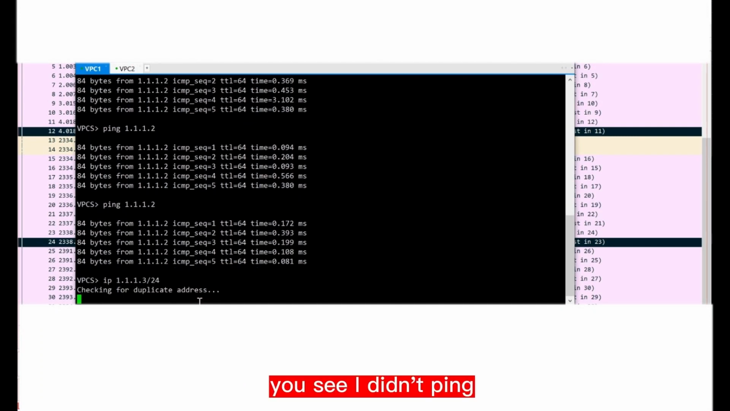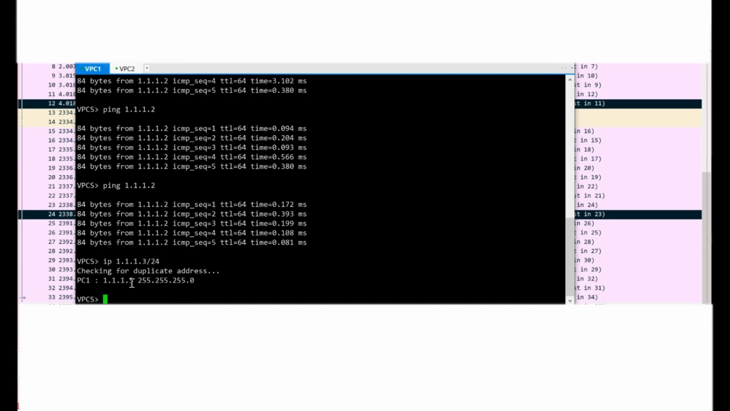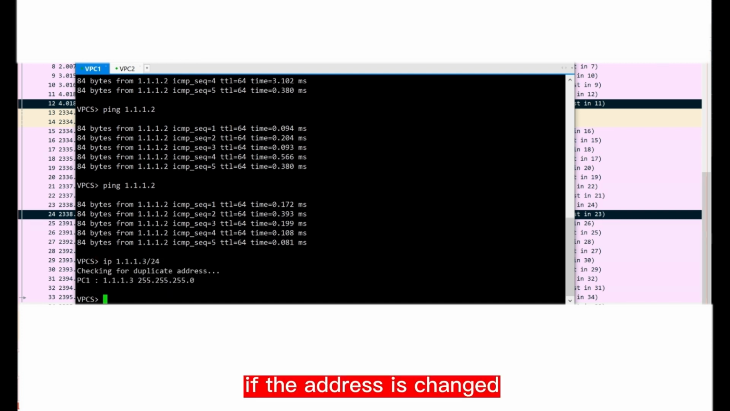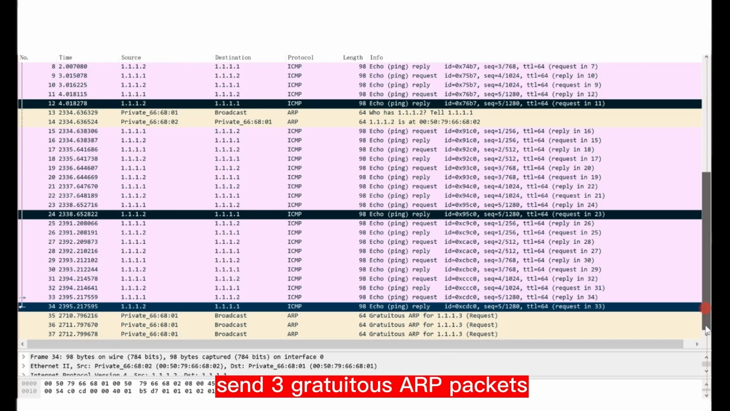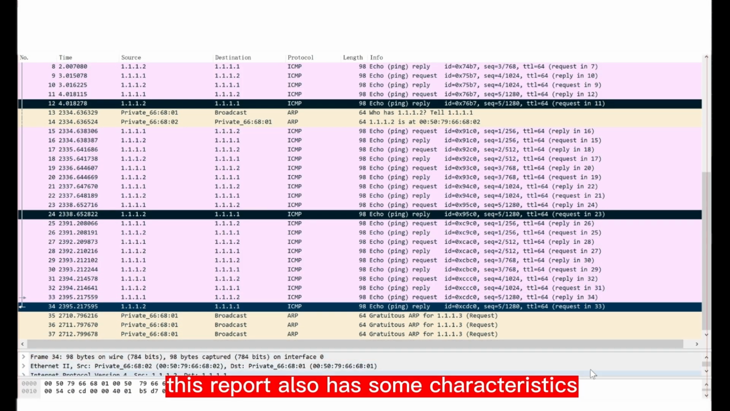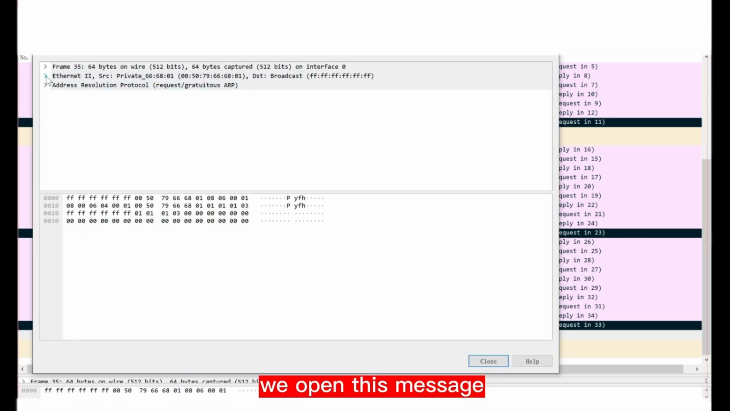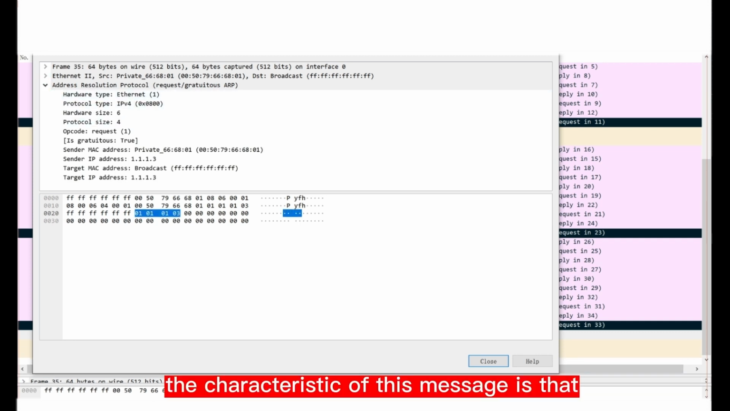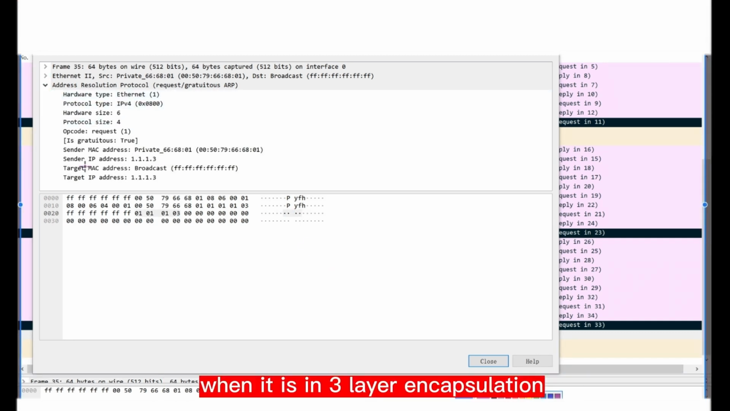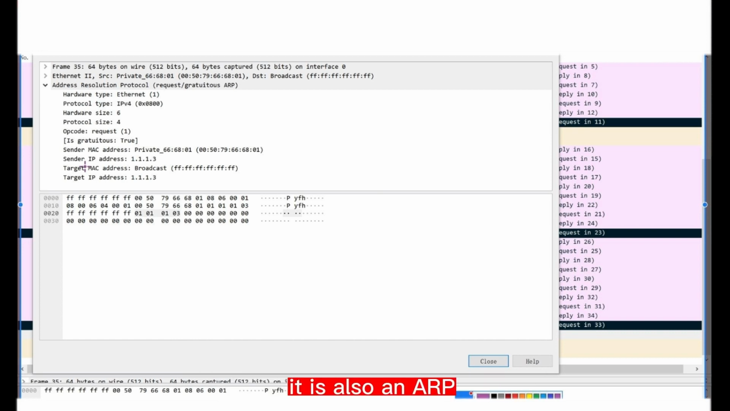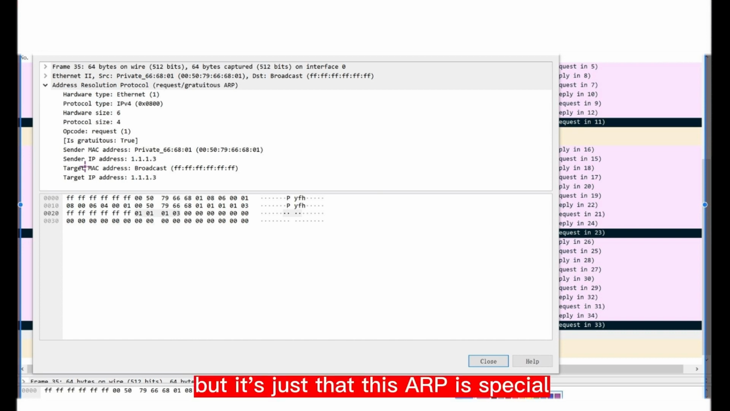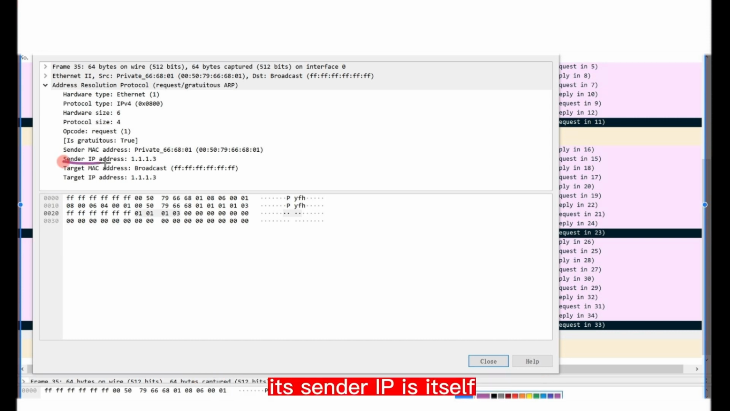You see I didn't ping. I just changed the address, and the following packets are captured. It will also send packets if the address is changed. It sends 3 gratuitous ARP packets. This packet also has some characteristics. Let's move it up and open this message. The characteristic of this message is that at the 3-layer encapsulation, it is also an ARP, but this ARP is special. Its sender IP is itself. The target IP is also itself. Equivalent to